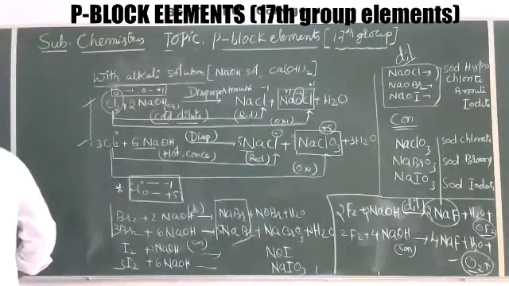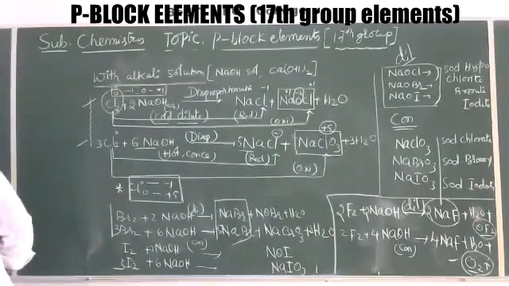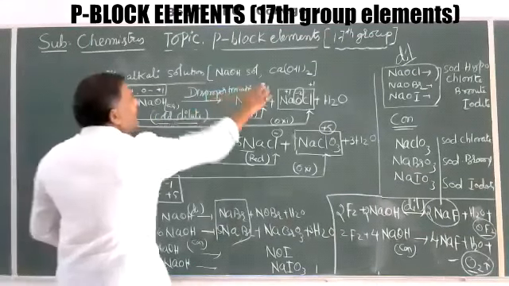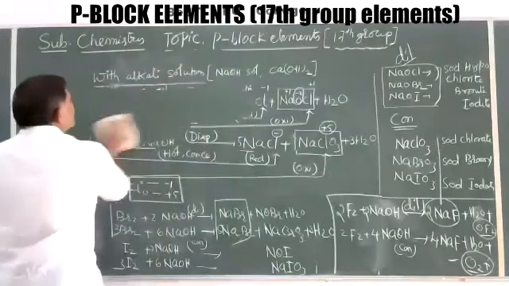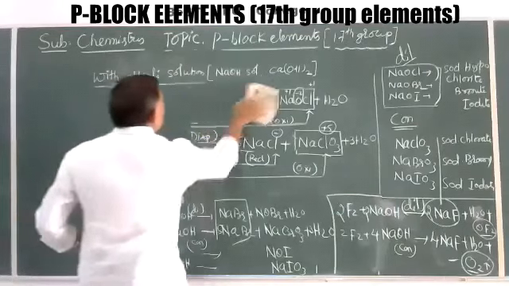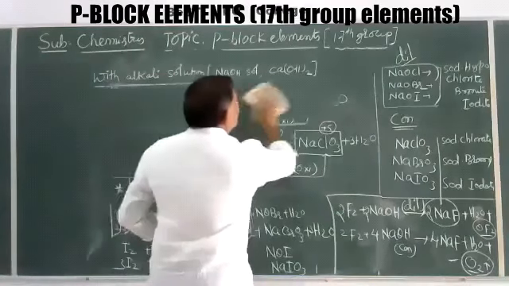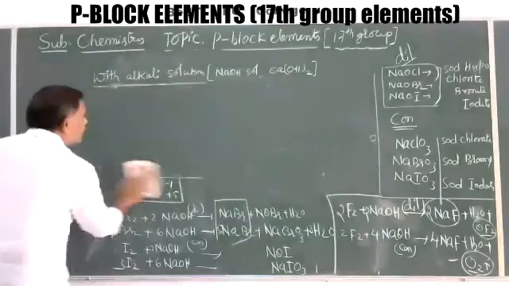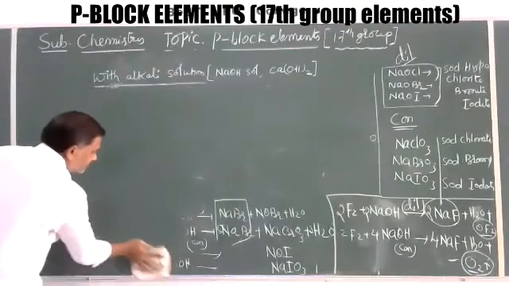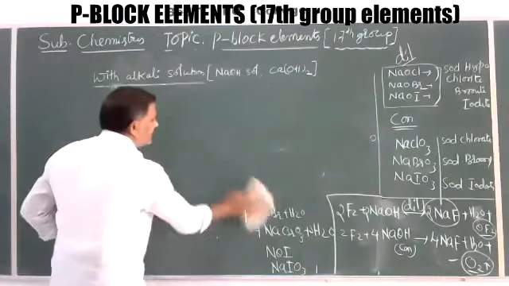Okay. The next one is with slaked lime, Ca(OH)2. So here chlorine reacts with the calcium hydroxide, then it gives the corresponding bleaching powder. It reacts with the alkali solution like